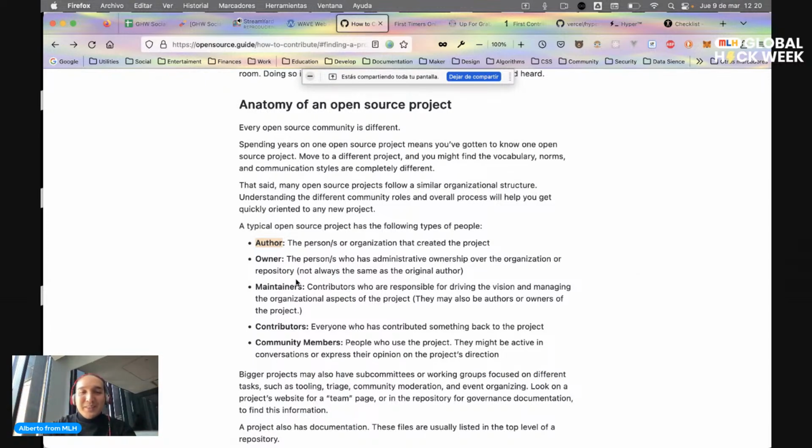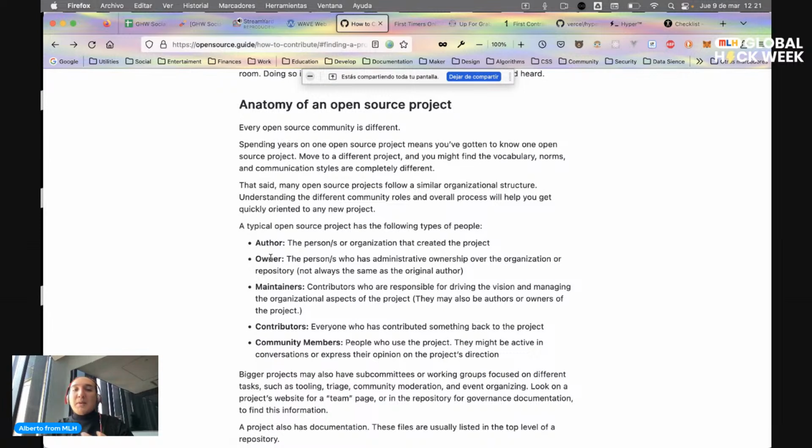But there's also the owner. There's a slight difference between these ones, and it is very well explained here, because the owner is not always the author. The author is the person who started it, but sometimes the owner is the person who's now administrating it, managing it, who has the decision of who or what things go to the project and what things don't.